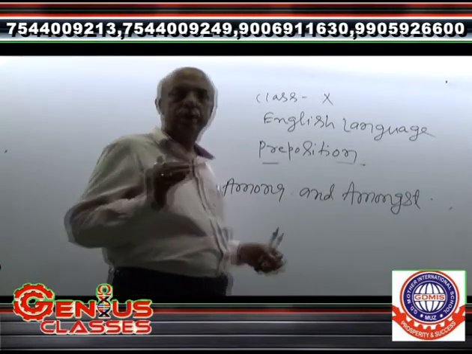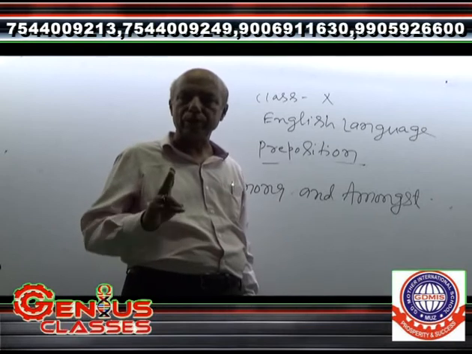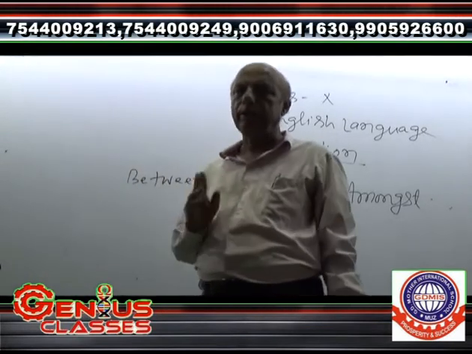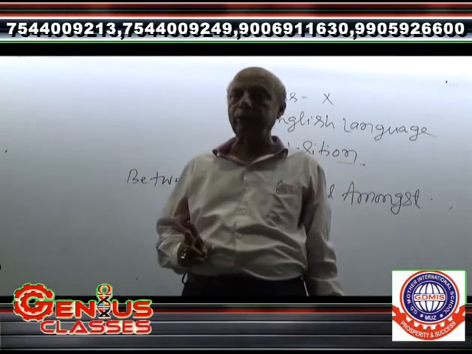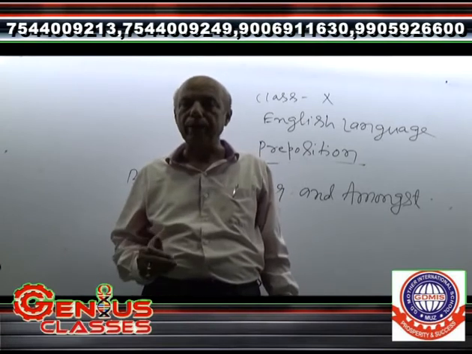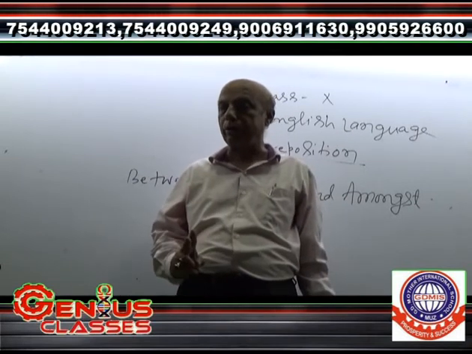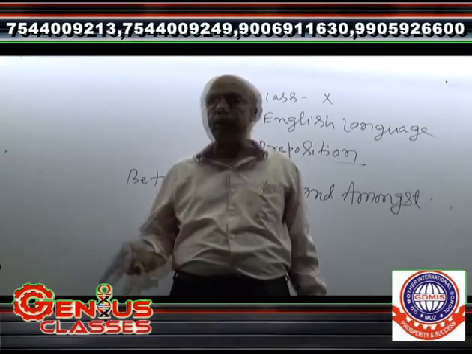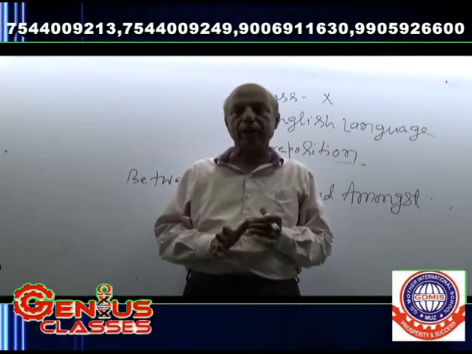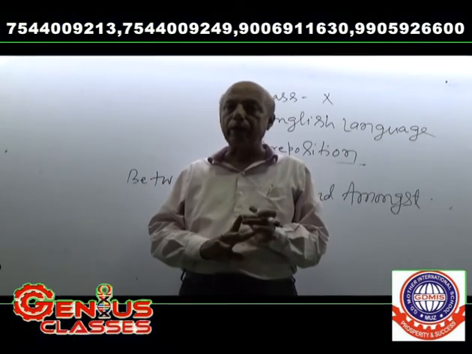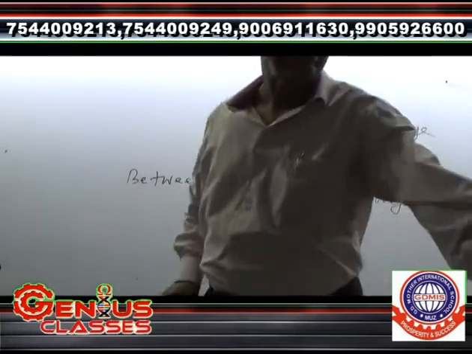Between is used for the two. Between is used to indicate two persons, things, or ideas, whereas among is used for more than two, and amongst is also used for more than two, but before a vowel. Try to understand what I have told you again. Between is used to represent two things or ideas. Among is used to represent more than two, and amongst is also used for more than two, but before a vowel. I am going to write down examples and